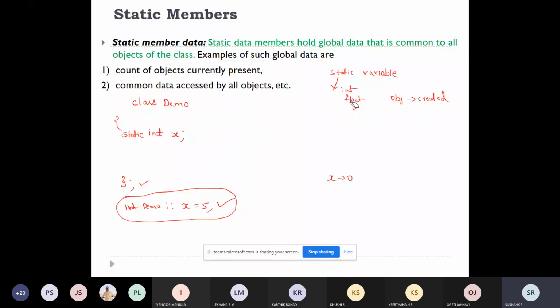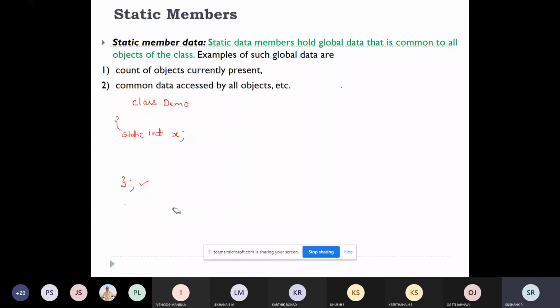So we were talking about the basics. Now we'll talk about the other functionalities of the static data members. I defined one class called demo.